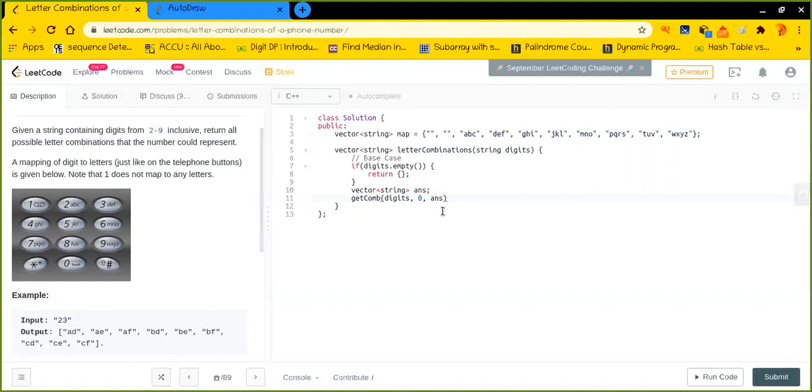Let us pass the answer as well, and finally the temporary string, which will be holding each character that I encounter in each step. After doing all this, my answer is ready, so I'll simply return the answer.